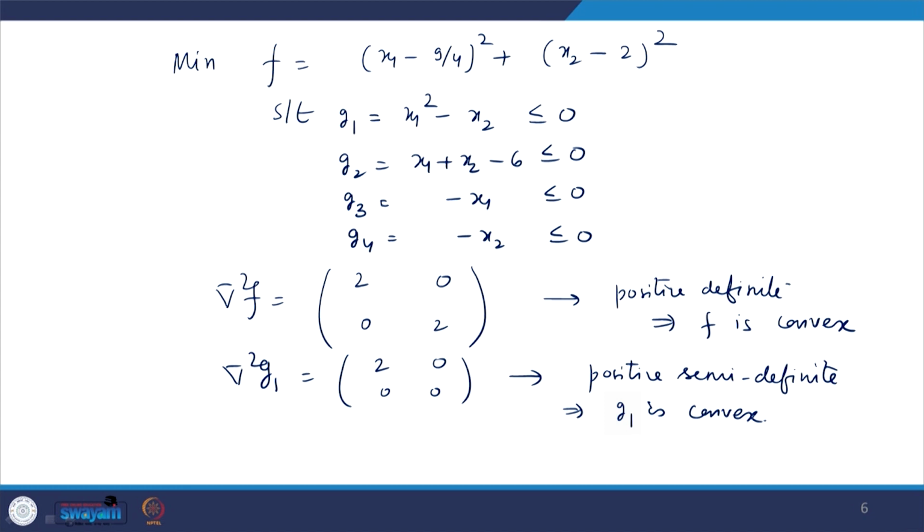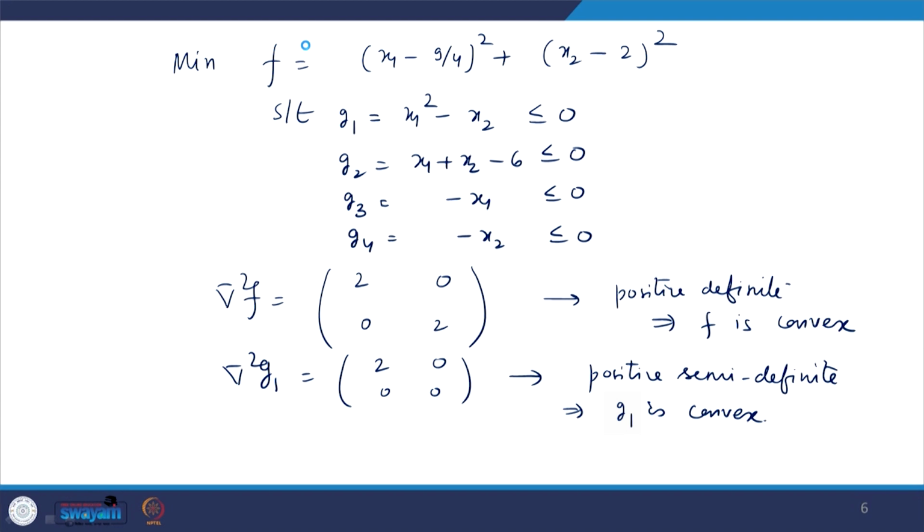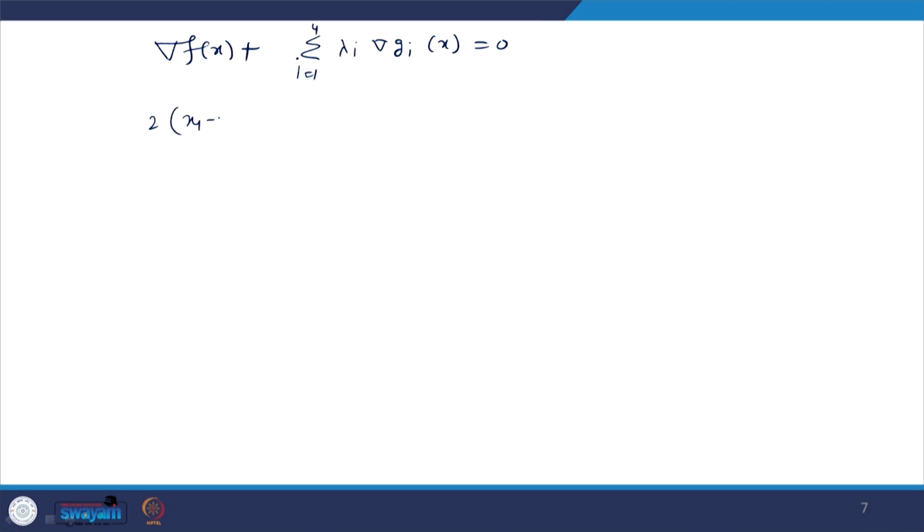Okay. Now, let us write the KKT conditions. What are the various KKT conditions? The first KKT condition is gradient of f(x) plus summation lambda i gradient of g i(x) equal to 0. Here i is from 1 to 4 because there are 4 constraints. So, what is gradient of f(x)? You find the gradient of this f. The gradient will be (2(x1 minus 9/4), 2(x2 minus 2))